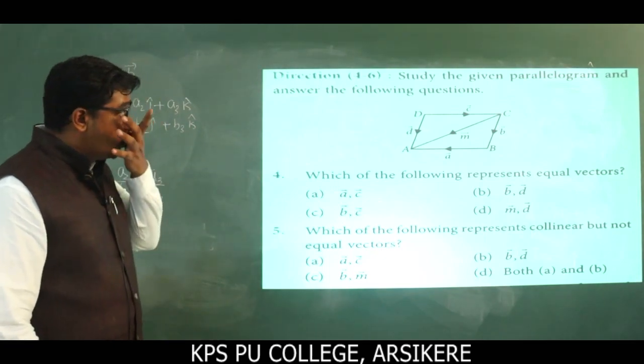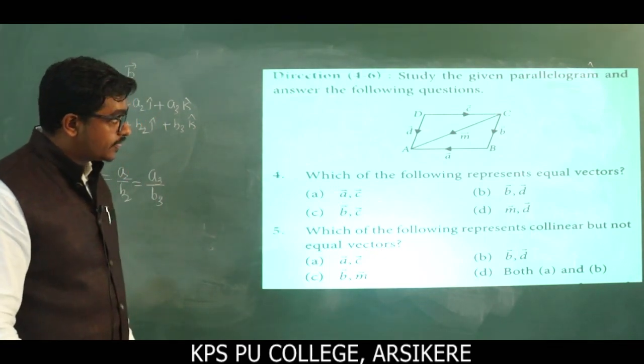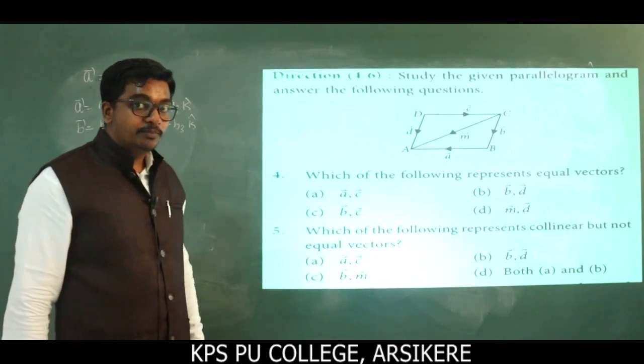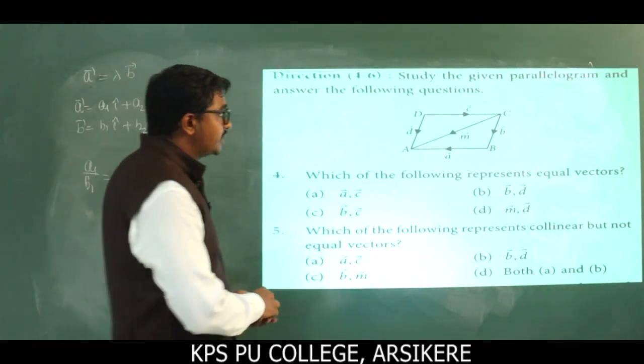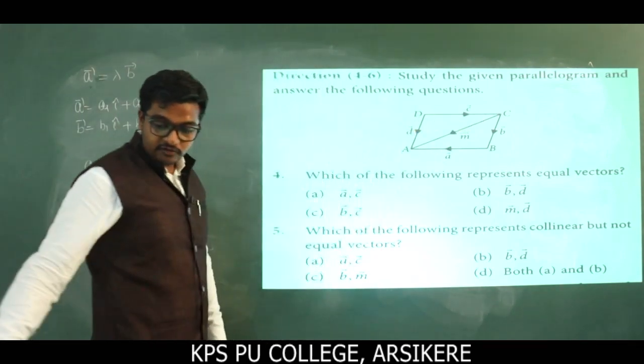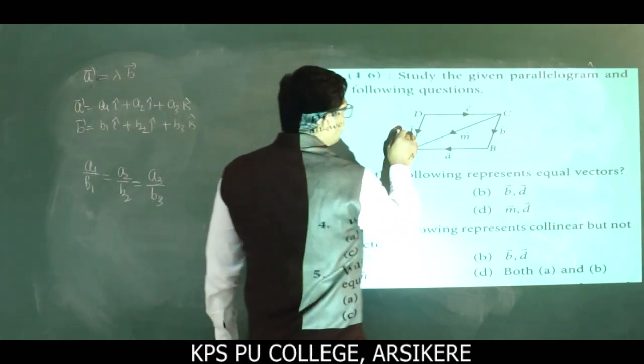Observe, vector C as well as vector A have the same magnitude but they are in opposite directions, but they are parallel to the same line. Look, if I draw a line,